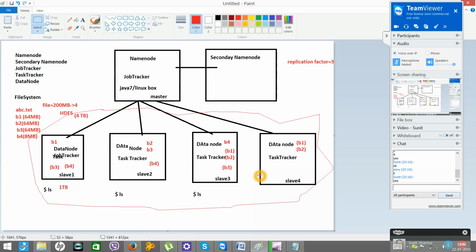Yes or no? So this is how Hadoop will take care of hardware failure. If the node is not responding, then it will go and pick the data from some other node.